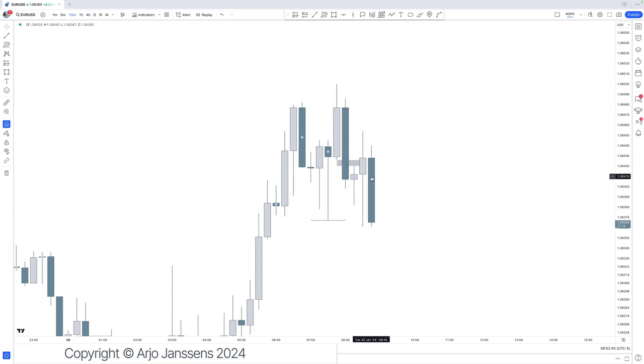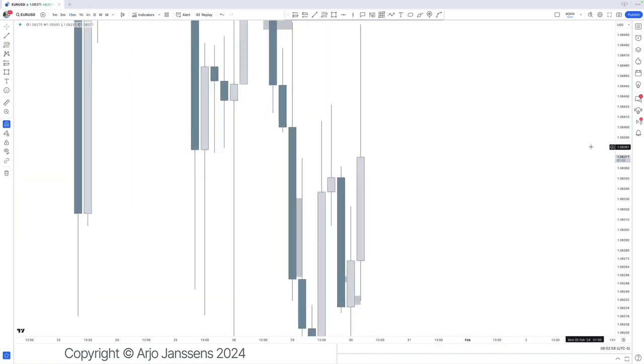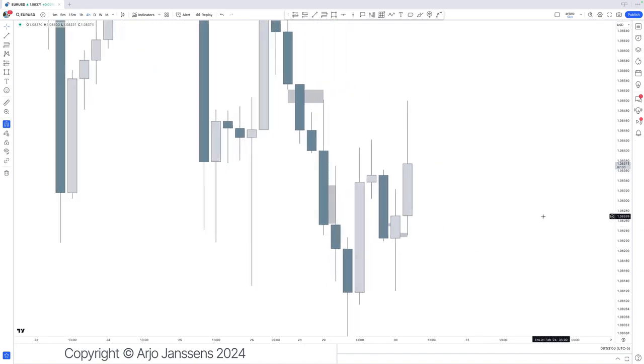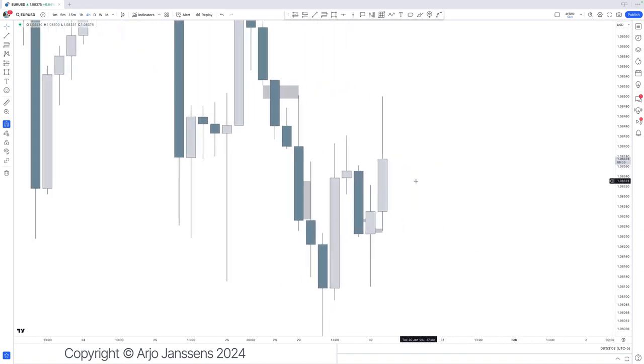But the next candle should also be a down candle if we want to continue lower. And if it doesn't happen, that indicates again low probability conditions, but also that we might actually want to continue higher instead. So if we take a look at EU actually,